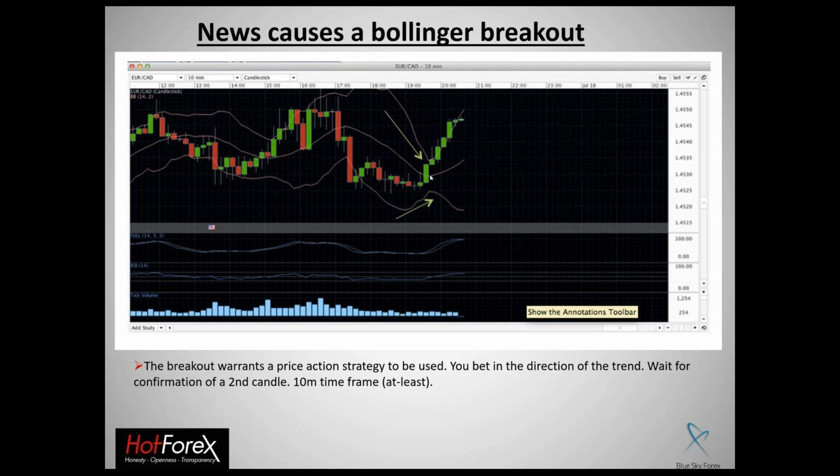They pull together, they converge, and then when the news is released, you will usually see a Bollinger breakout. Now, how to trade this specifically is when on the 15-minute charts, you wait until the very first candle closes outside the bands, okay, that means usually either 15 minutes or 30 minutes from the news is already passed,